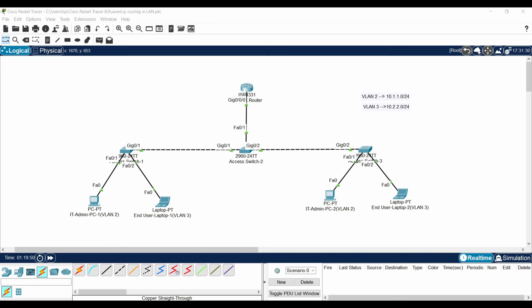The device is nothing but multi-layer switches, or we can call them layer 3 switches. In enterprise networks, we can bring multi-layer switches instead of this kind of router in a LAN environment. I'll explain multi-layer switches in the next part of the video.